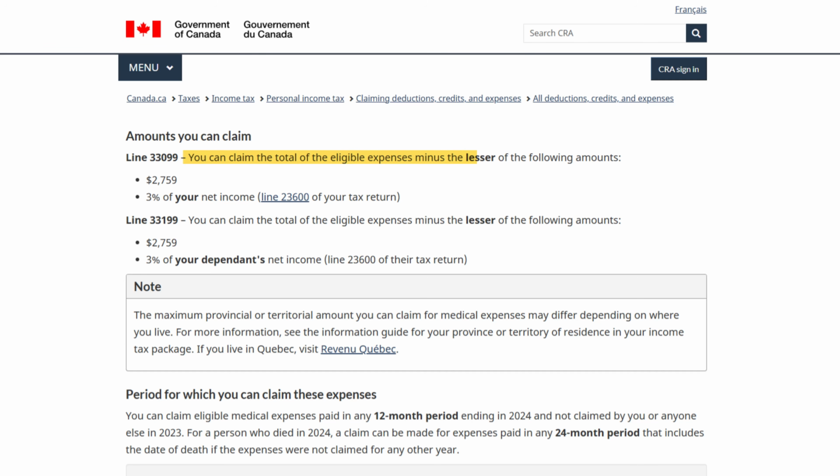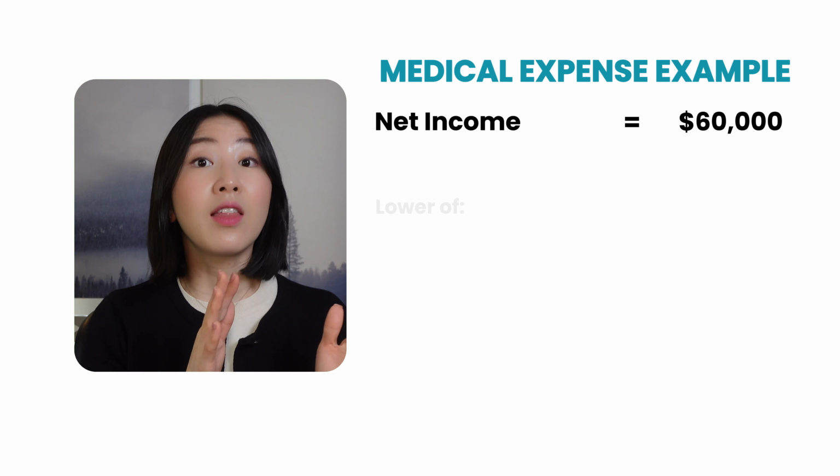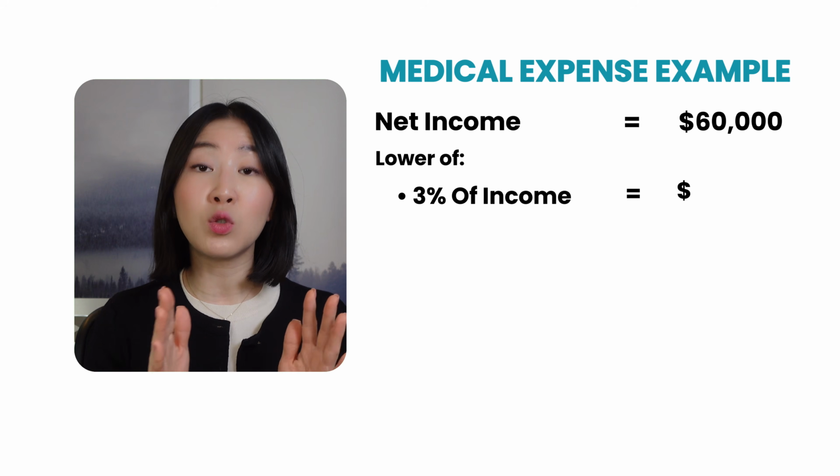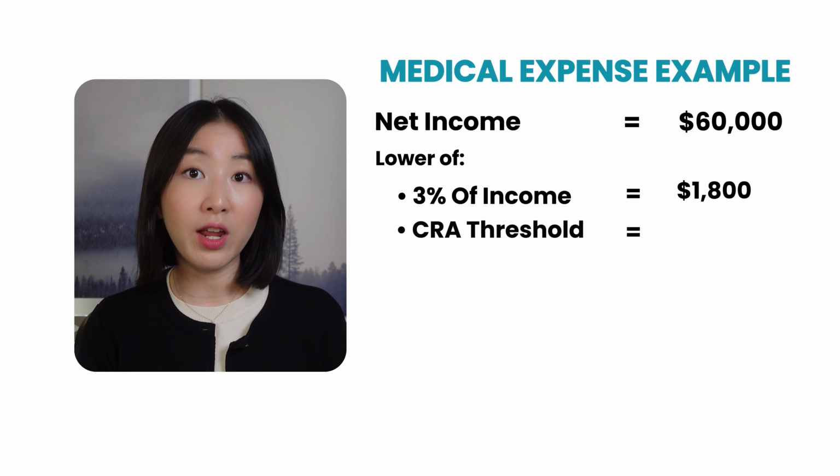Before you go through the hassle of combining all your medical expenses, do a quick check to see if it's even worth your time in the first place. You can only claim medical expenses that exceed the lower of 3% of your net income, or $2,759, which is the CRA threshold for 2024. Just to go over an example, if your net income is $60,000, then 3% of your income is $1,800, which is a lower amount than the CRA threshold of